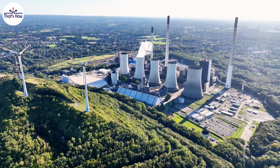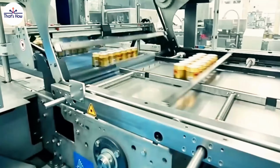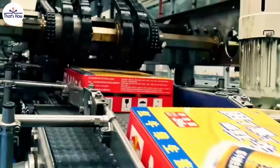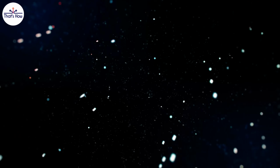environmental impact. Once quality control is complete, the cans are grouped into multi-packs or loaded into larger cases for shipment. The fully packaged Red Bull cans are stacked onto pallets, shrink-wrapped for stability, and transported via conveyor belts to warehouse storage areas. From here, they are loaded onto trucks and distributed to retailers worldwide, ensuring Red Bull remains available in